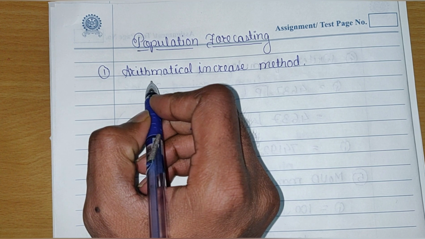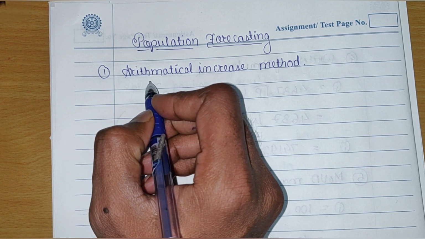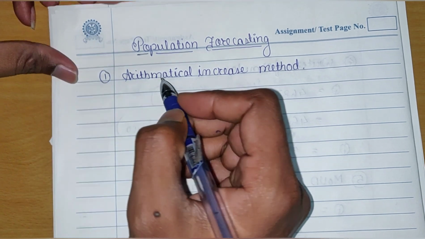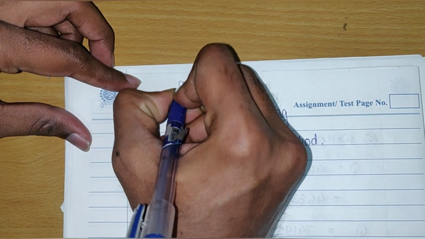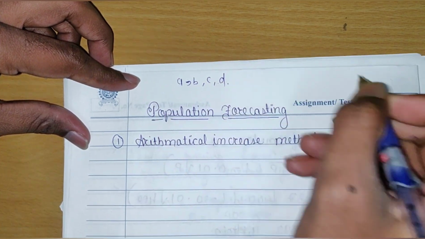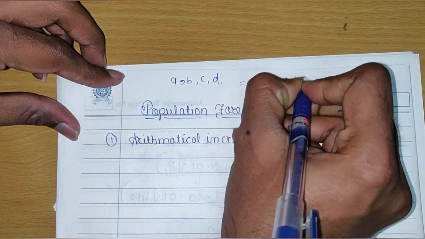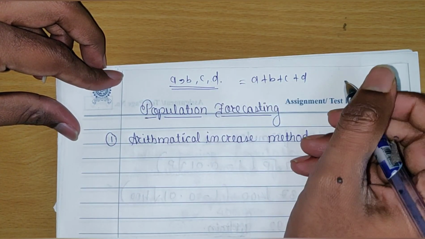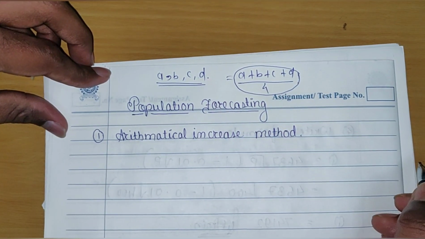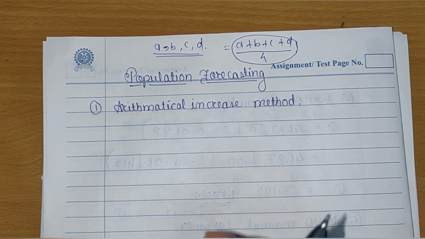You know what arithmetic mean is. Arithmetic mean is basically the average. It is the average of n number of values. That means if you have 4 values, suppose a, b, c, d, the arithmetic mean is the average of these values: a plus b plus c plus d, divided by the number of values that you have, which is 4. After calculating this you will get the arithmetic mean. Same concept is used over here.